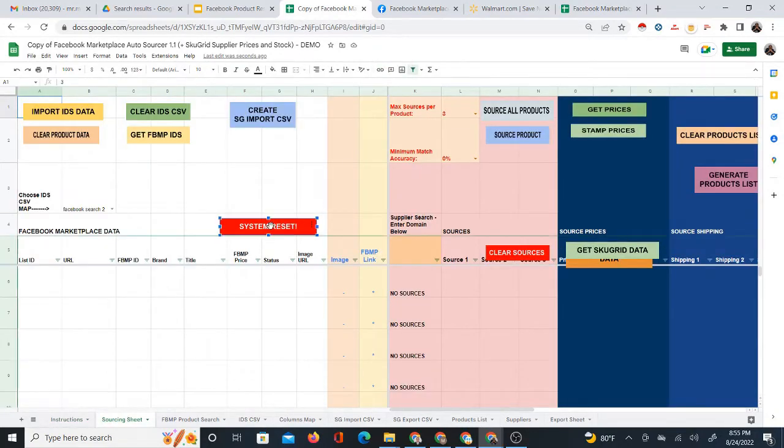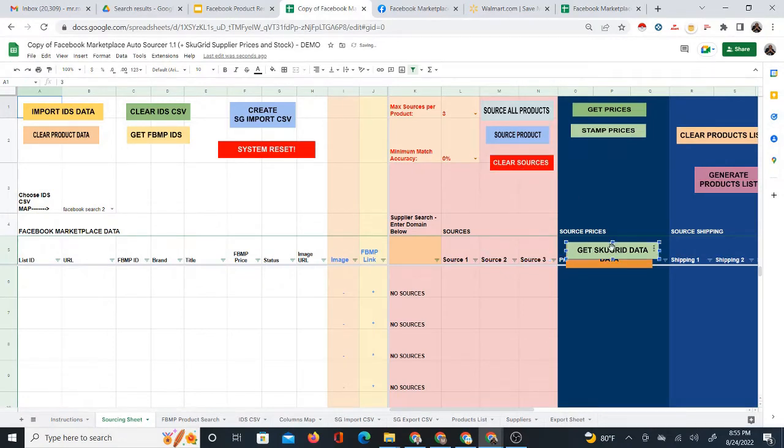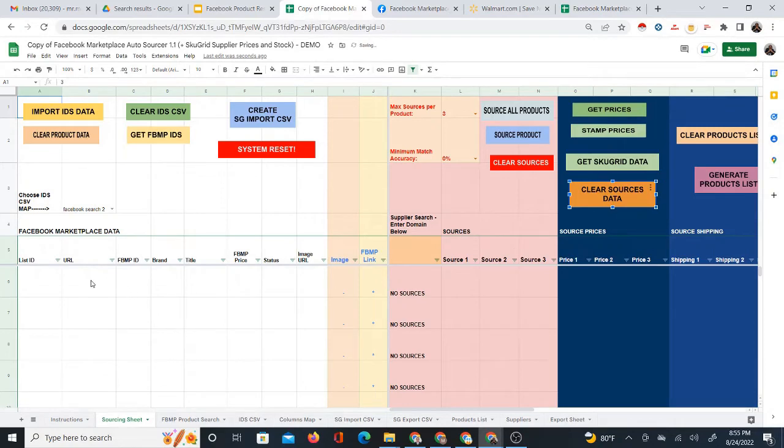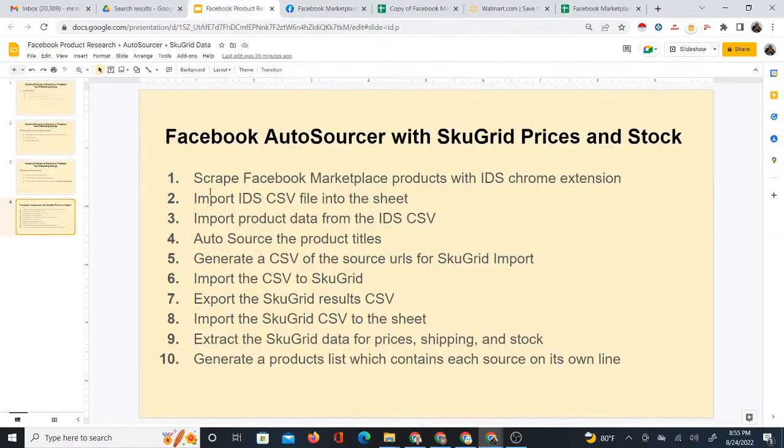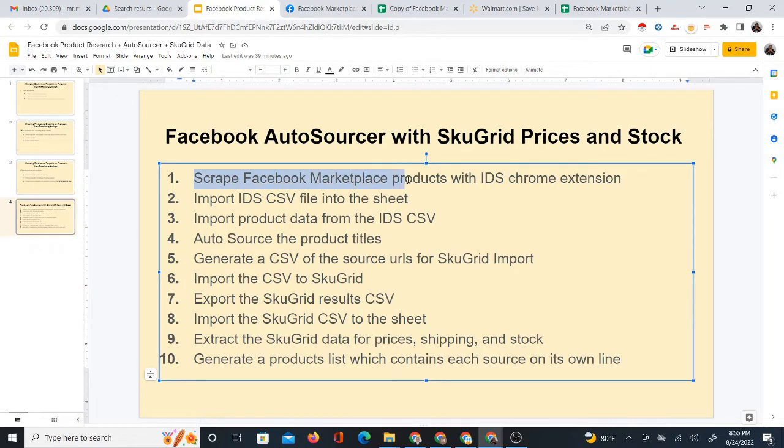Now the next step. I'm going to go right into actually using the system. So the first thing you're going to do is go to Facebook Marketplace. And you're going to, number one, scrape Facebook Marketplace products with the IDS Chrome extension. And the way you do that